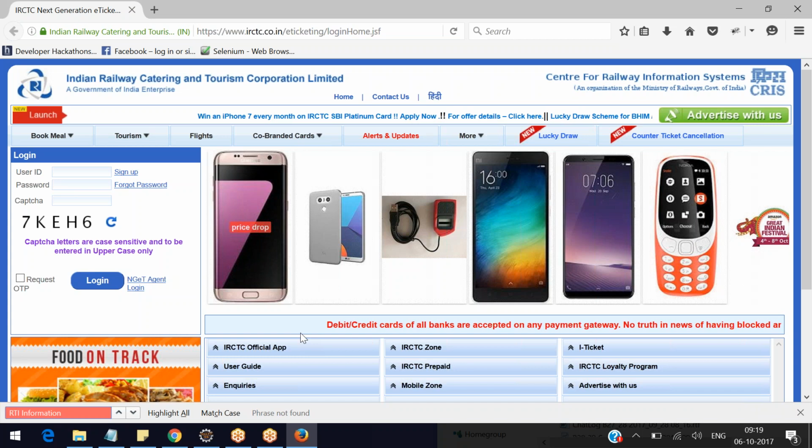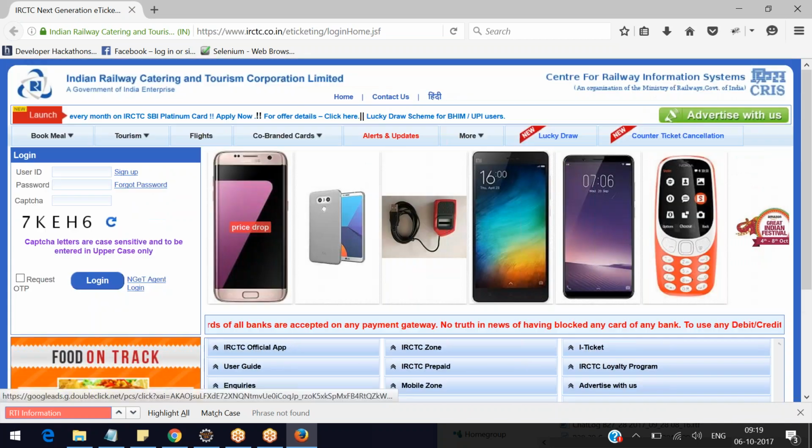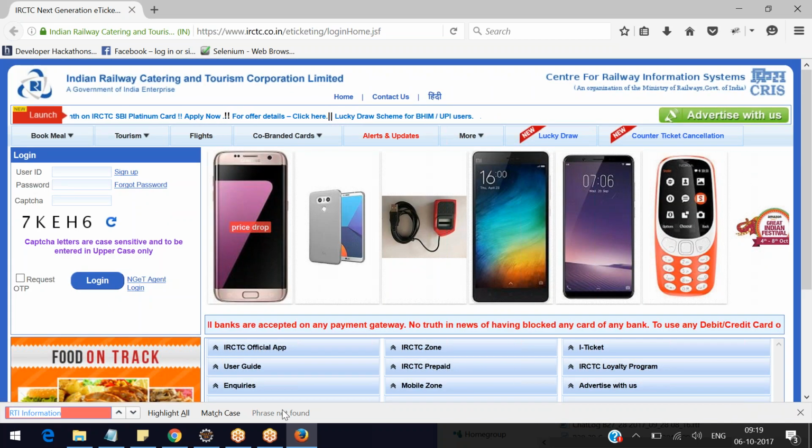But there is nothing called RTI. Might be something else. RT. Okay, it gives you RTI. There might be some other text which says RTI, but if you search for RTI information, it says phrase not found. It is not visible on the page,